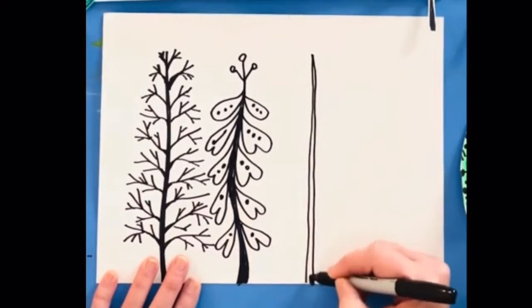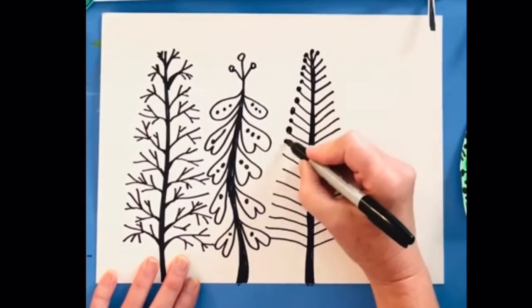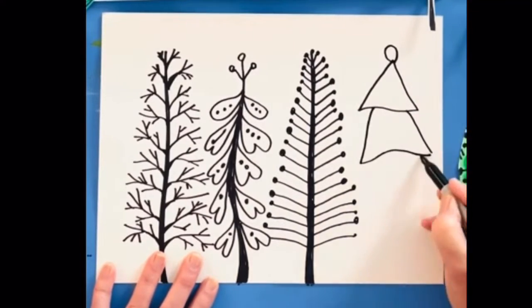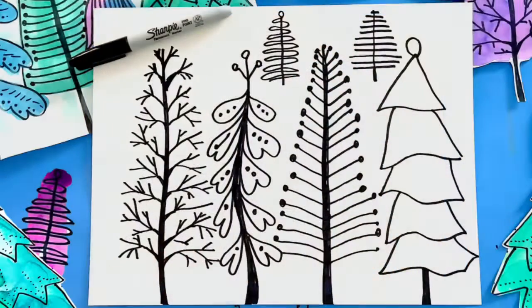It is perfectly wonderful if you wanted to have your tree coming from the very, very bottom. Do you see that? Going very, very tall to the tippy top of the paper. Nice tall trees are great. And then I love how she puts those up there near the top to look like those trees are off